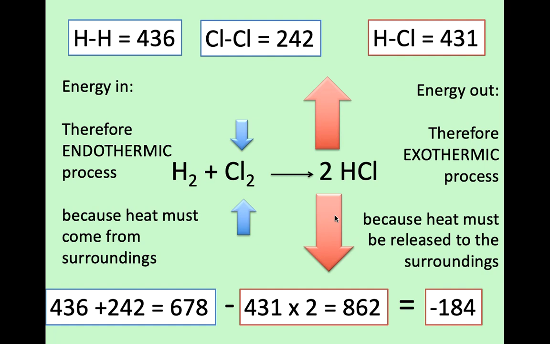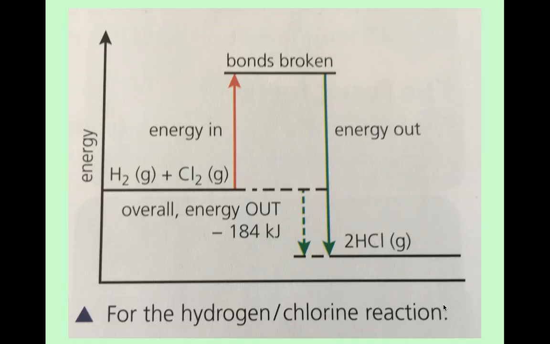And if our surroundings are getting hotter, that is because our chemical system has less energy overall, because it's given it away to the surroundings. So you'll see all exothermic reactions have a minus delta H, or a minus change in energy, because the system gets less energy. If we have a look at the energy level diagram here, you can see that the reactants